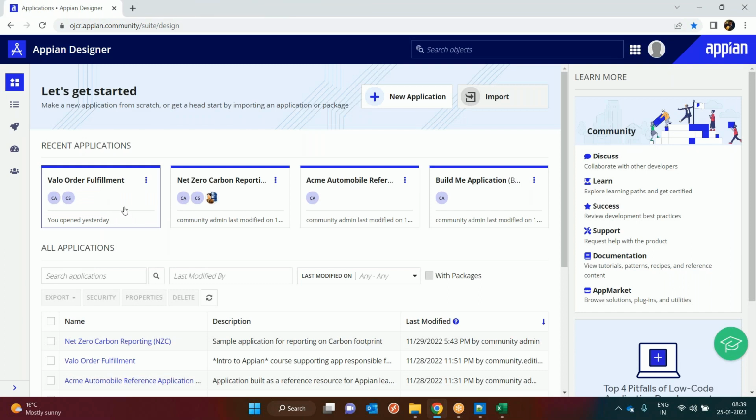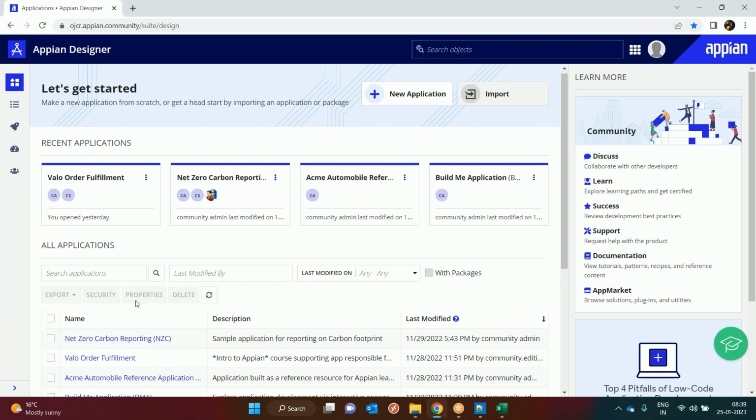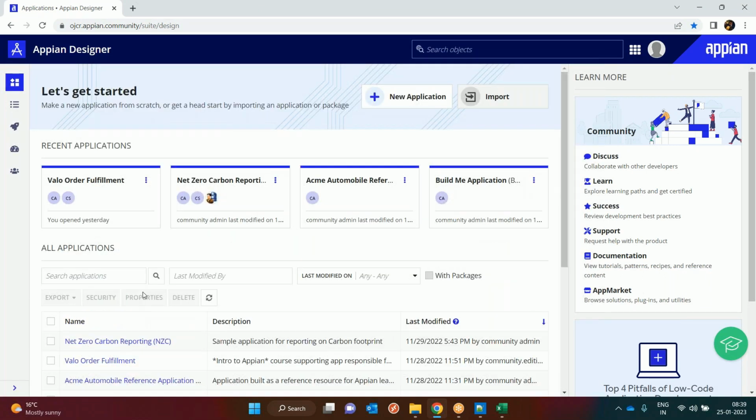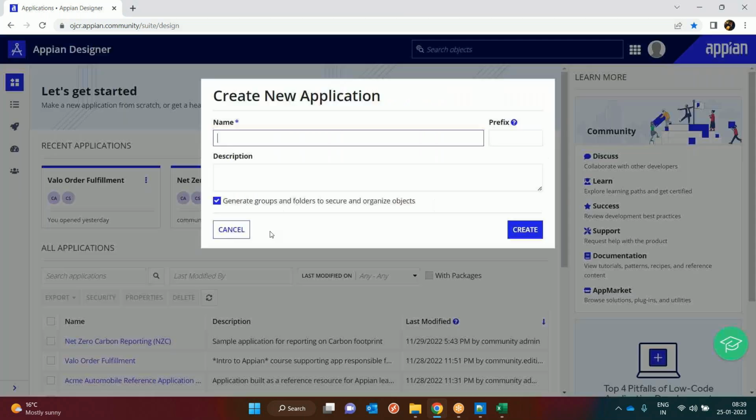Yeah. So this is the Appian designer screen where you see all your applications. What we do first is create our application, which is the box where we will keep all the objects related to our application. So how do we do that? You can see the option called new application, and then we are going to put the name as